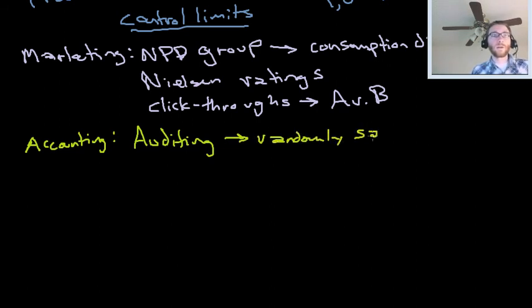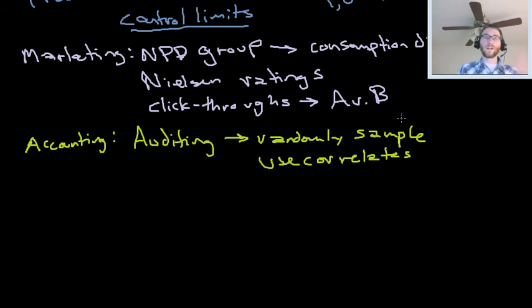And then, if you find an anomaly, you can use correlates. Correlates are characteristics that people have in common. So if you find 4 or 5 accounts that seem like they have errors, you can drill down on the accounts that seem similar to figure out where to apply your efforts. Again, the reason you're doing this is because it saves money. It's economical.